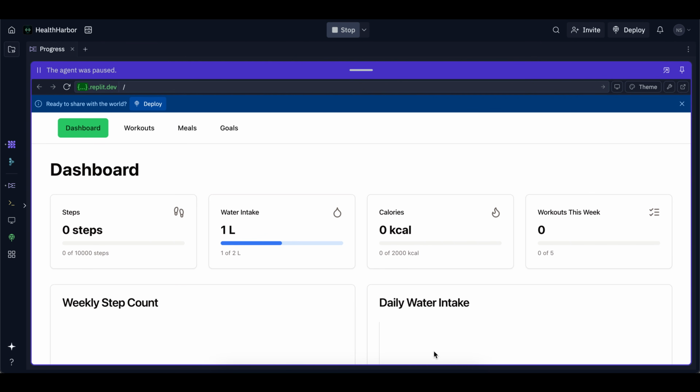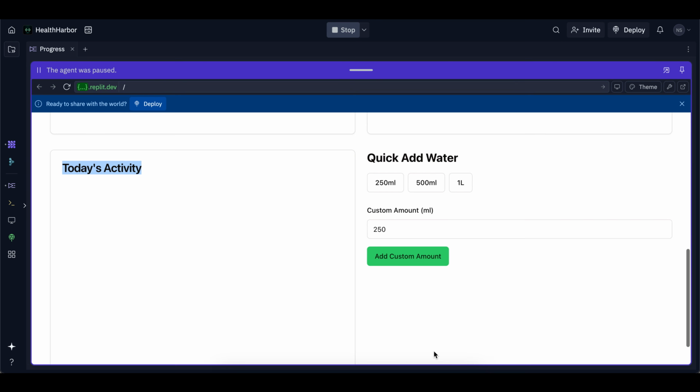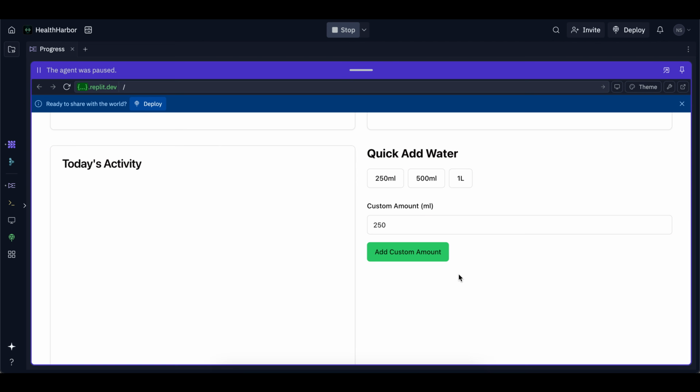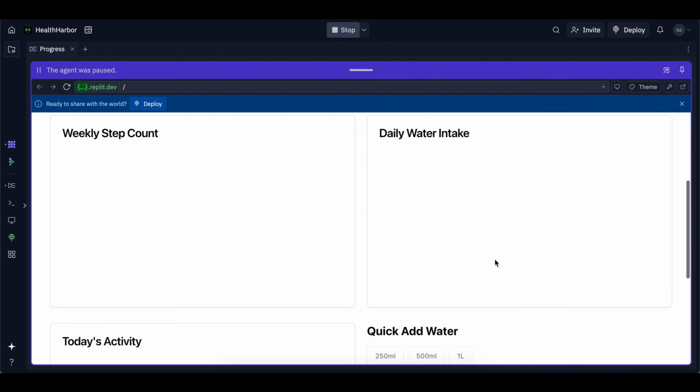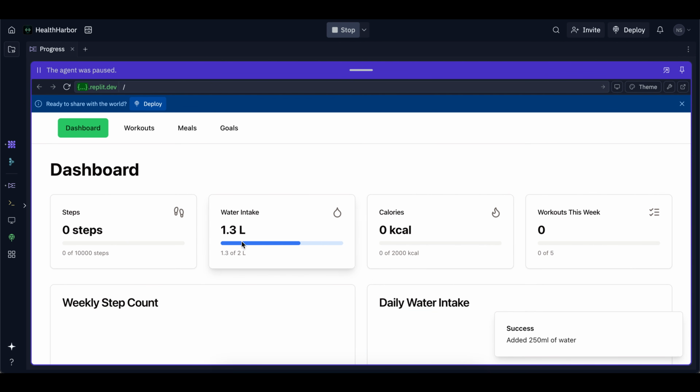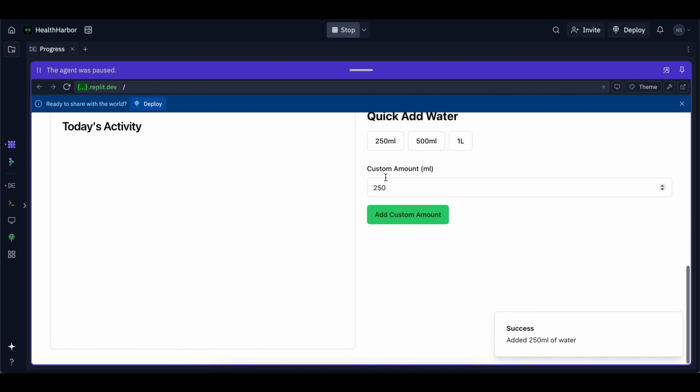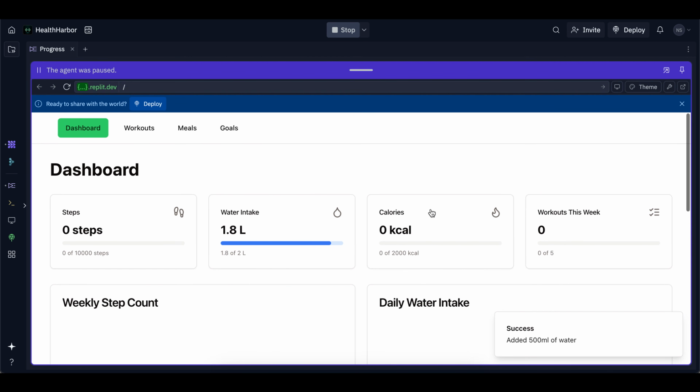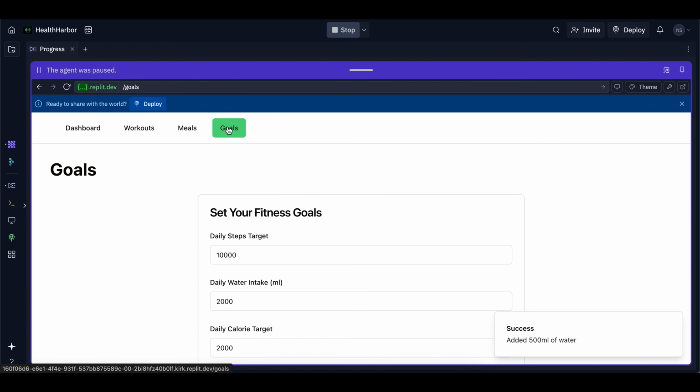Before moving forward, I just want to show you that the app is working now. I just had to reiterate with the errors a couple of times with the agent, but now it is working. If I go down and I add a custom amount, for example, 250, then it's going to reflect that over here. So you can see it's moved to 1.3. I can add 500. And now if I go up here, it's going to add that over here. So now the progress bar is working, it is blue in color, it looks great,